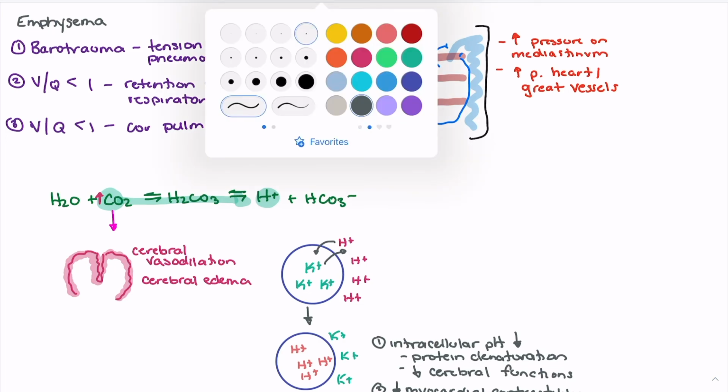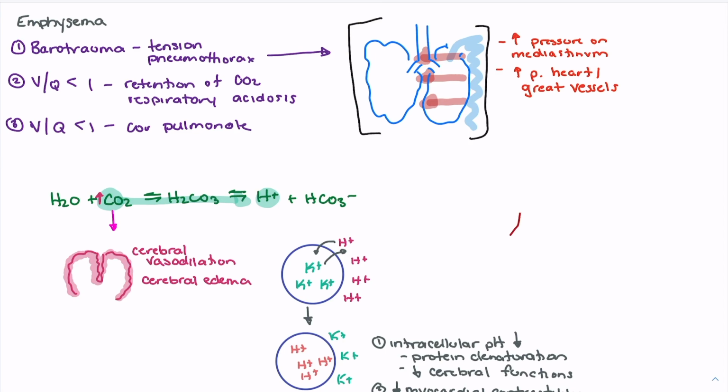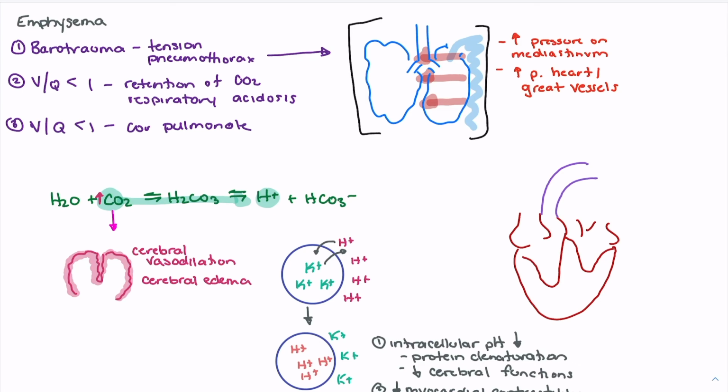The final thing that we want to talk about is the issue with the VQ mismatch. So if we draw in our heart, we have to think about the fact that this patient, especially when they start to develop a number of blebs and bullae, or they have extensive air trapping and are unable to compensate, one of the risks involved is that we're going to see extensive hypoxic vasoconstriction. So if this is our pulmonary artery that is going towards our lungs, and we know it's going to branch off into the small capillaries in order to